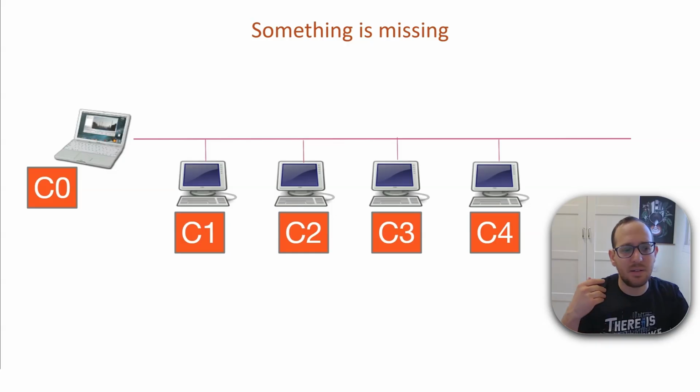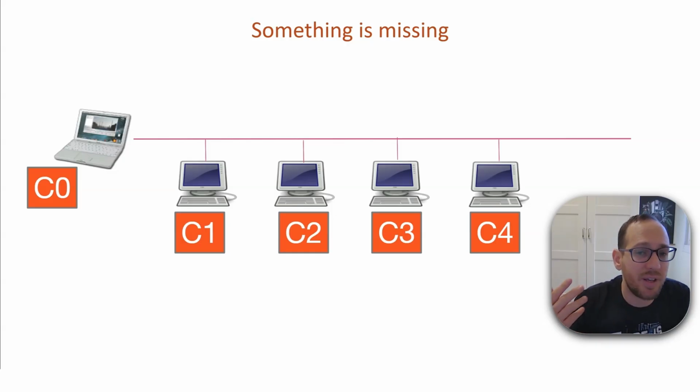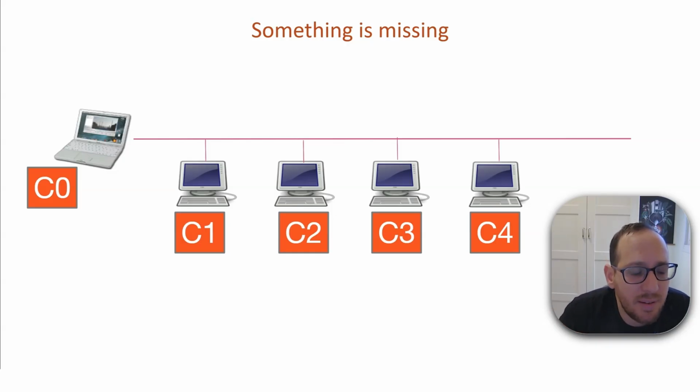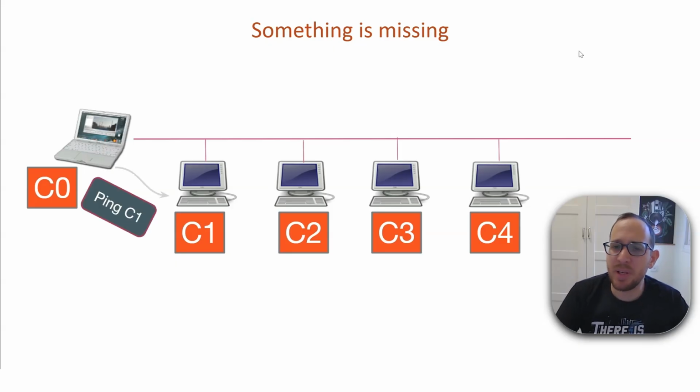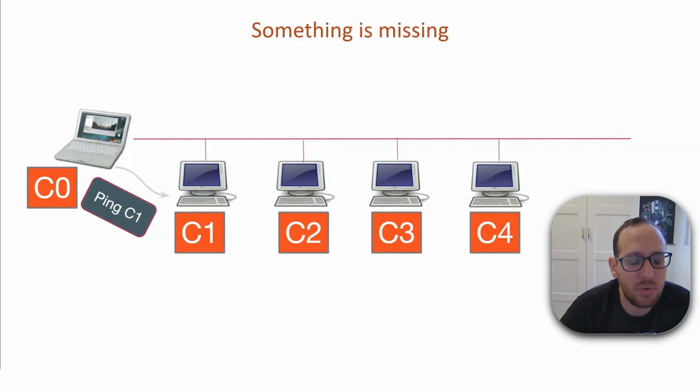And let's say C0 somehow even knows the IP address of C1. So let's say C0 wants to send a ping to C1. If you're unfamiliar with ping, it's a very simple utility. You say ping, then the name, it could be a domain name or an IP address of another entity. And if it receives your ping request, it sends back a response, also called a pong, or a reply. All right, so C0 wants to send a ping to C1, and C0 even knows the IP of C1, but